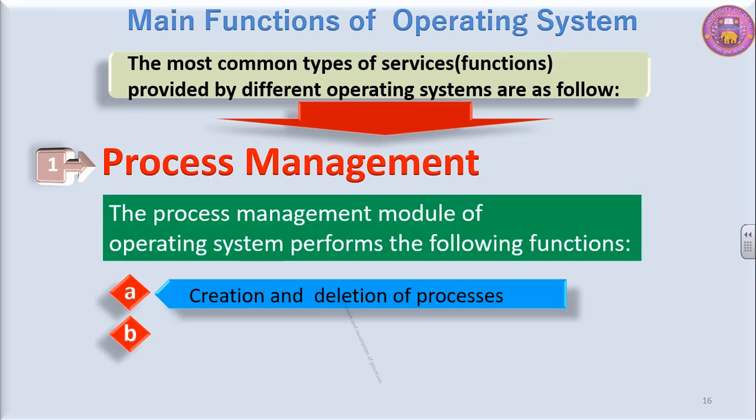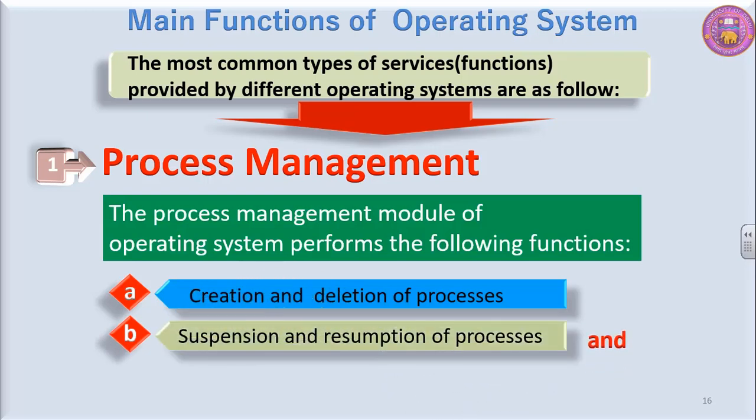Second part, suspension and resumption of processes. When some ongoing process has to be stopped for the time being, then this is termed as suspension. And when some process which was suspended earlier has to be started again, then this is termed as resumption. For example, when the paper in the paper tray of printer is exhausted, then operating system signals for the suspension of the printing job. The moment you fill the paper tray in the printer with some more paper, then operating system signals the resumption of printing process.